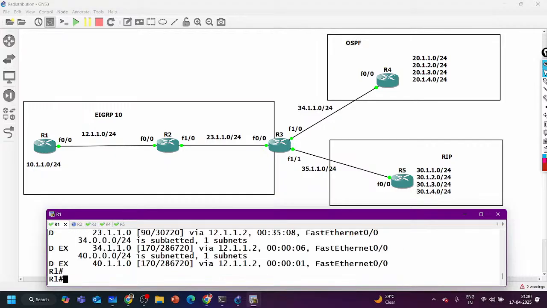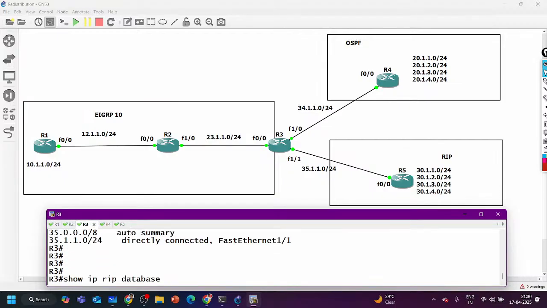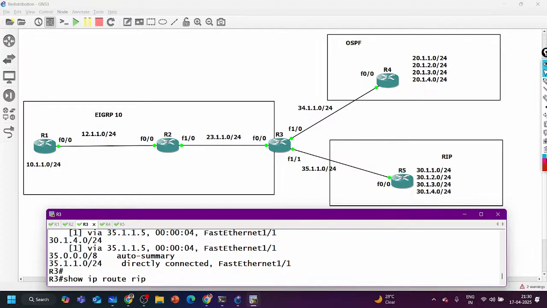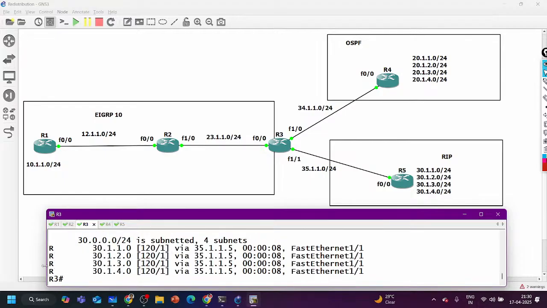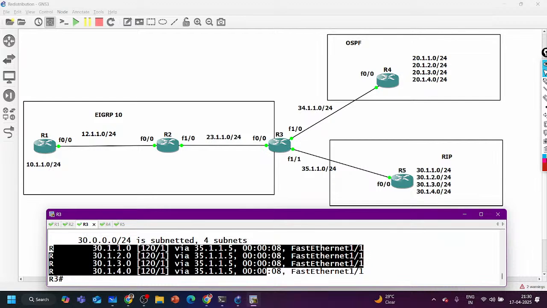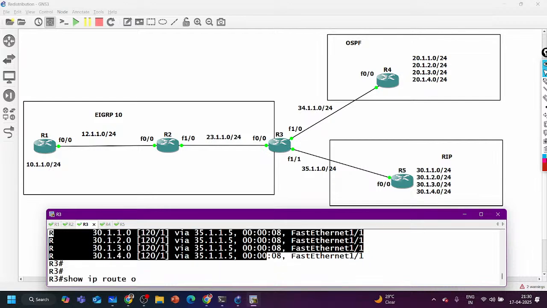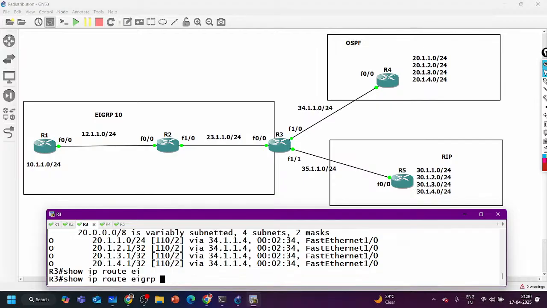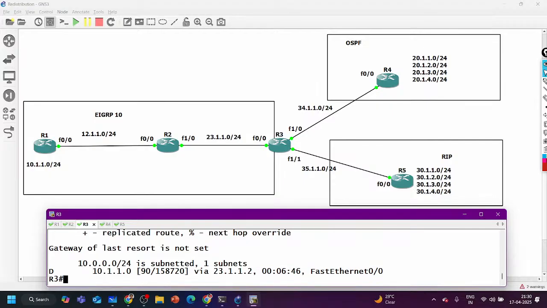Great. On router number 3, now let me check the RIP routing table. Show IP route RIP. Now you can see in the RIP routing table we have 30 subnets. In the OSPF routing table we have 20 subnets, and in EIGRP routing table we have 10 subnets. Clear, everyone?